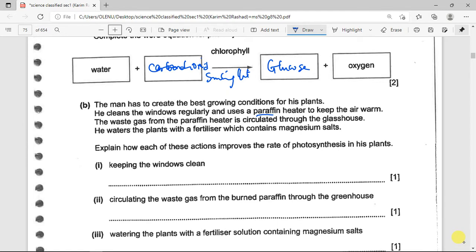The waste gas from the paraffin heater is circulated through the glass house. He waters the plant with a fertilizer which contains magnesium salt. Explain how each of these actions improve the rate of photosynthesis in his plant. Keeping the window clean: if you keep the window clean, it will allow more sunlight